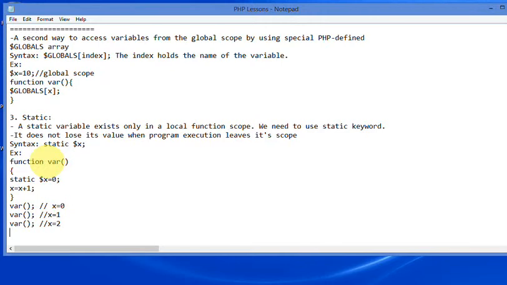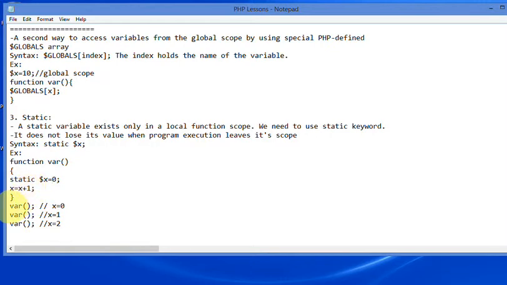Here you have a function called var and static variable x. Always remember that static variables must be declared or used inside the function, which is why I wrote the static keyword for the variable declared inside the var function. Now I have the statement x equal to x plus 1.